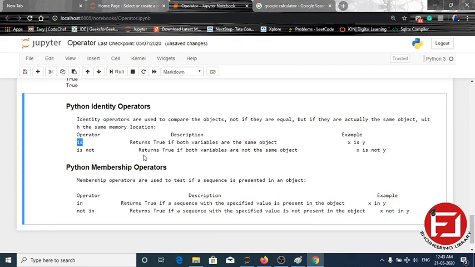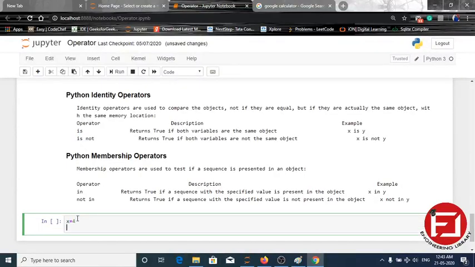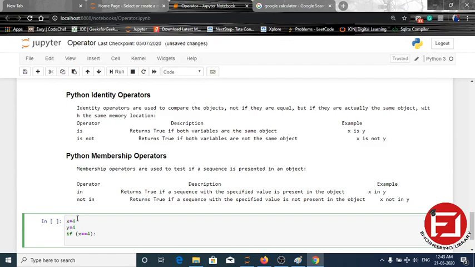We can also do it like this: if we define x equals 4, y equals 4, we can do if x double equal 4, then come into the loop with indent, and print true. This also works fine.